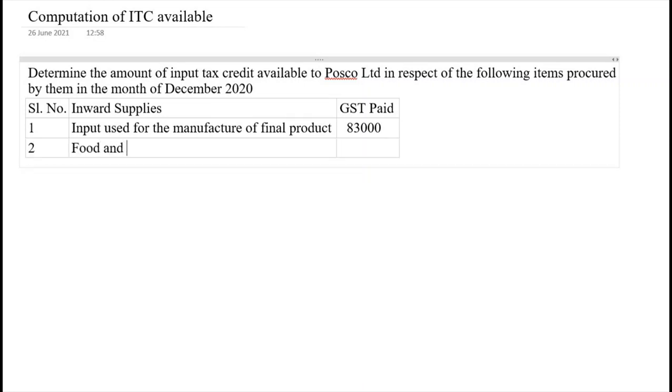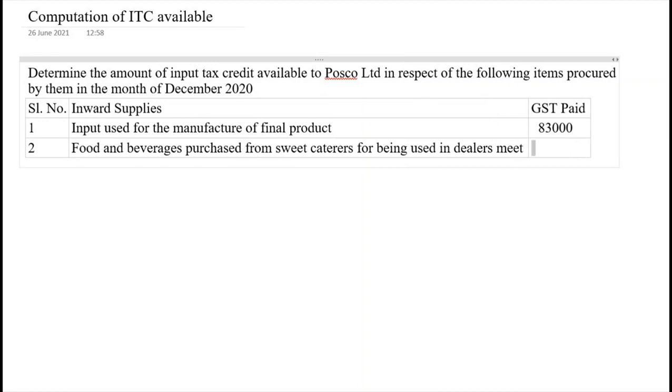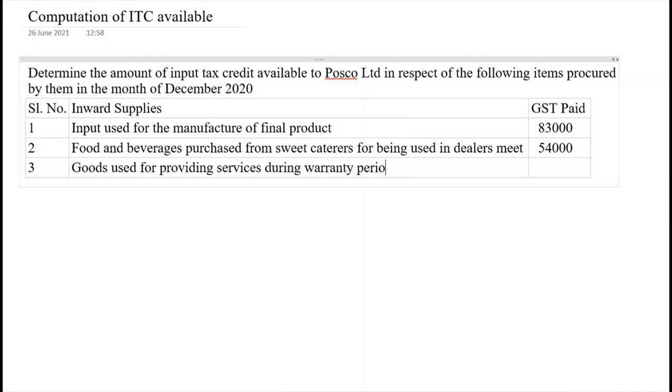Number 2: food and beverages purchased from sweet caterers for being used in dealers' meet, 54,000. Number 3: goods used for providing services during warranty period, 17,000. Number 4,